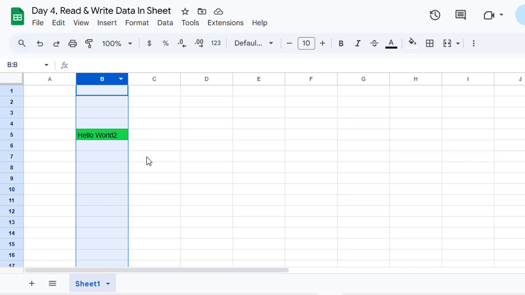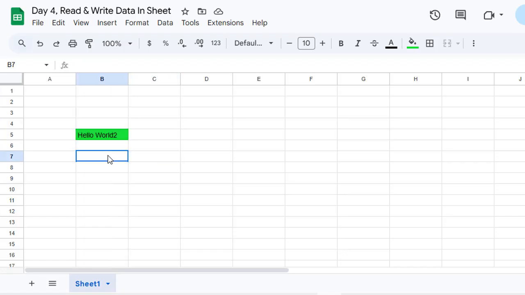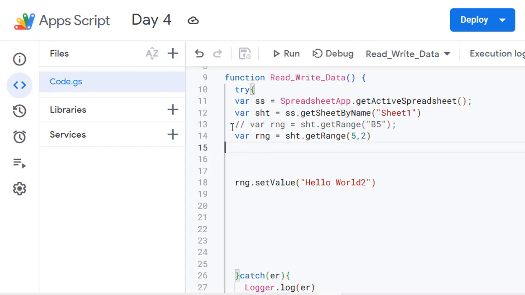What happened? Now you can see that hello world 2, this value appeared. It means you can see here I can get the same range in two different ways. Either I can write directly the range name, or we can write its position based on columns and rows. Now I wrote the value. Now for example,